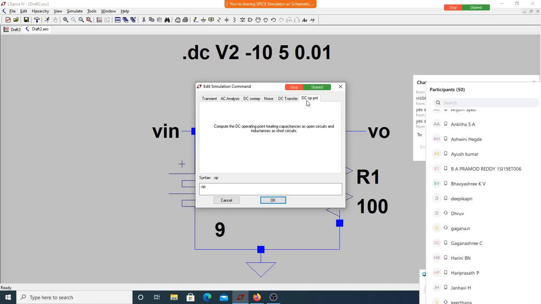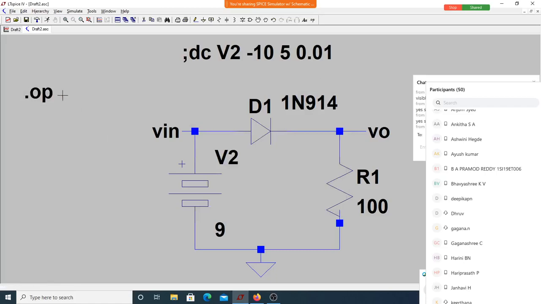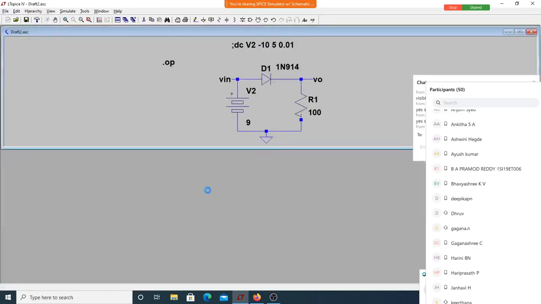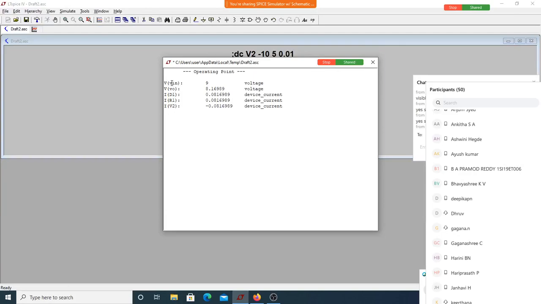That's what .op means. It is not the time, and you will not get any plot here. When I run, you'll get only this. You can see only voltages and currents, and that too only DC things. You'll not get anything else.